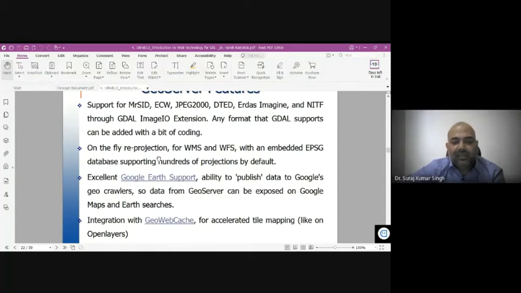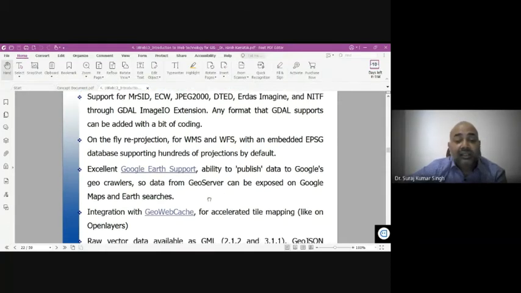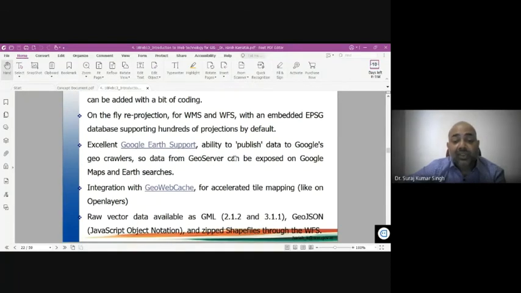On-the-fly reprojection for WMS and WFS, with an embedded EPSG database supporting hundreds of projections by default. It has excellent Google Earth support, with the ability to publish data to Google Earth, so that GeoServer can be exposed on Google Maps and Earth surfaces.